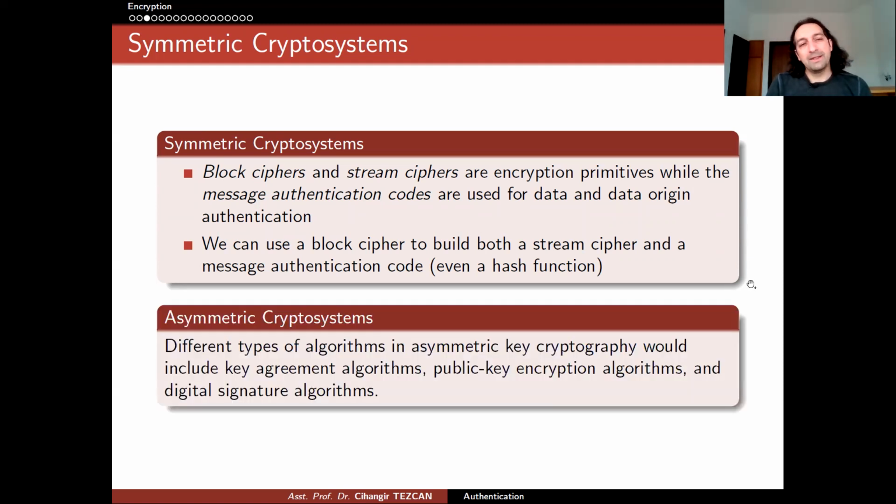So in order to understand all of these topics, you need to know a little bit about all of them. But asymmetric key cryptosystems, also called public key cryptosystems, are somewhat different, and they provide different algorithms for different problems. The different types of algorithms in asymmetric key cryptography include key agreement algorithms, public key encryption algorithms, and digital signature algorithms. Especially the key agreement algorithms, for which we generally use Diffie-Hellman key exchange, are very important for network security or communication security. In the last slides, I will talk about how it works and why it's secure.